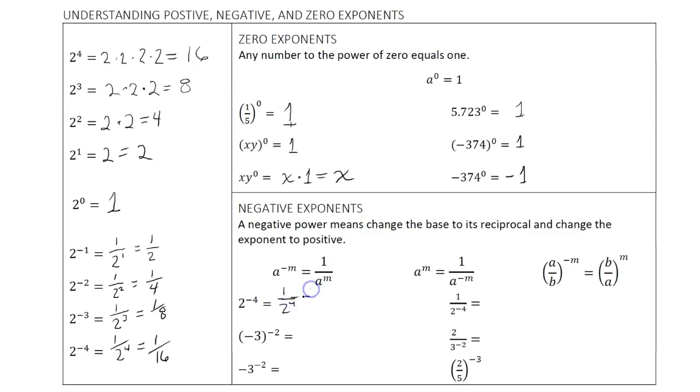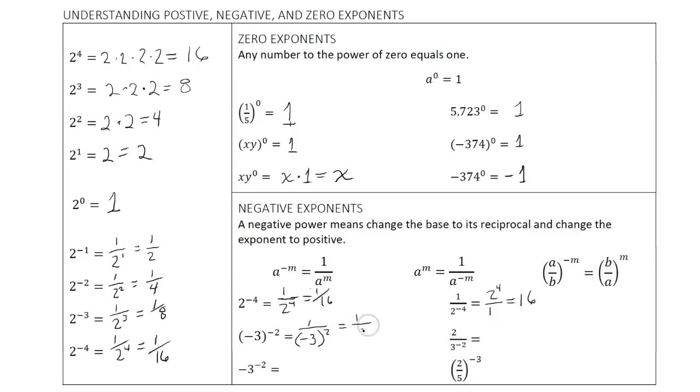But what if the negative power is in the denominator? Then it needs to move to the top and become positive. 1 over 2 to the negative fourth, then, is 2 to the positive 4 over 1, or 16. A negative number to a negative power moves to the bottom of a fraction, but only the power turns positive, not the base. Thus, negative 3 to the negative 2 power is 1 over negative 3 to the positive 2